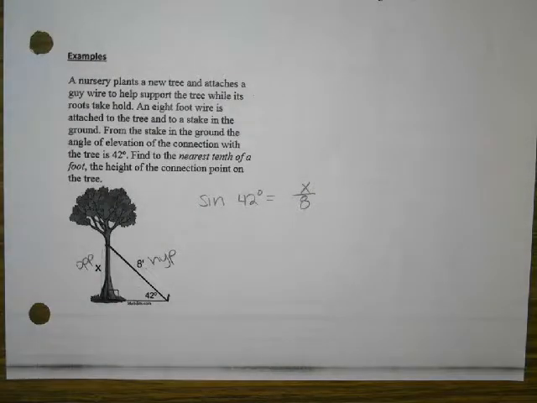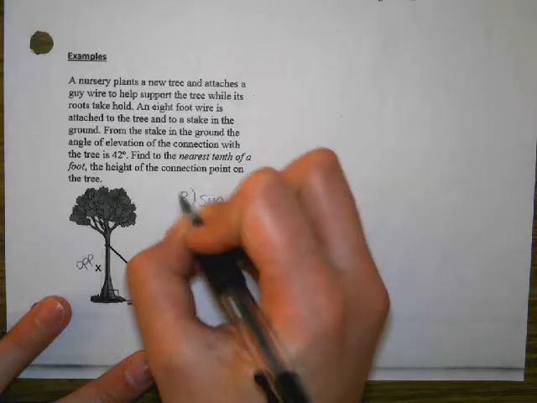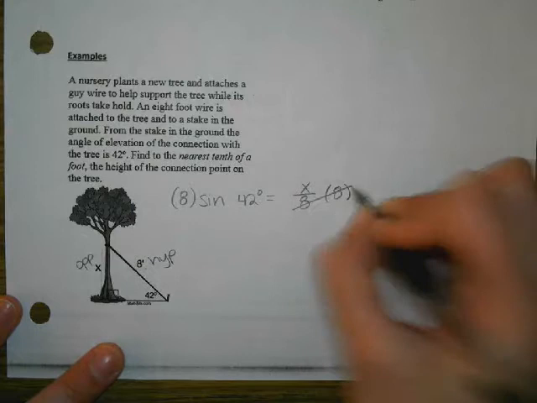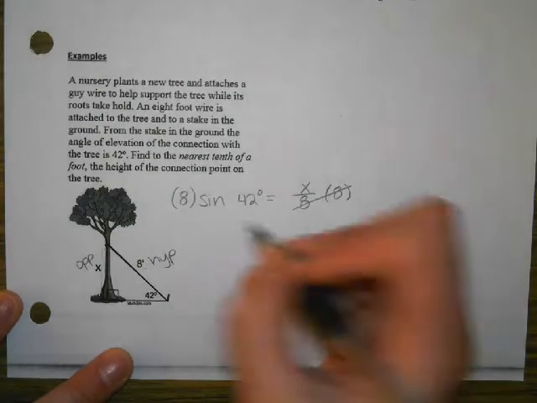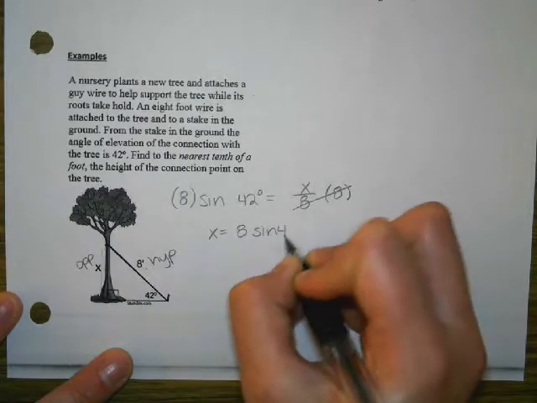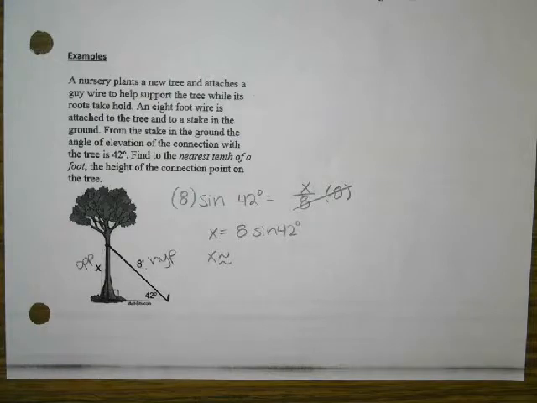And how do I get the x alone? Multiply by 8. And whatever I do to the right side has to also be done to the left side. So my exact answer is 8 times sine of 42. And my approximate answer is